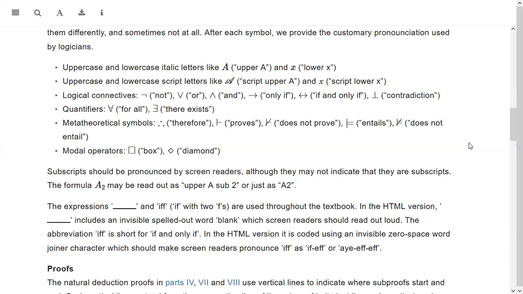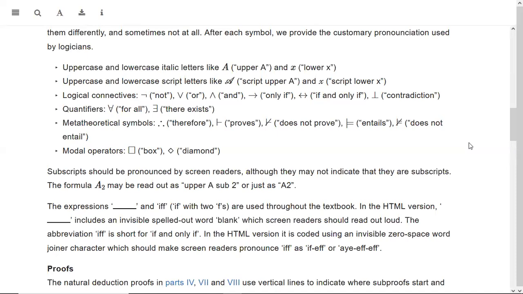Quantifiers: for all; there exists. Meta-theoretical symbols: therefore; right tag, proves; does not prove; true, entails; not true, does not entail. Modal operators: